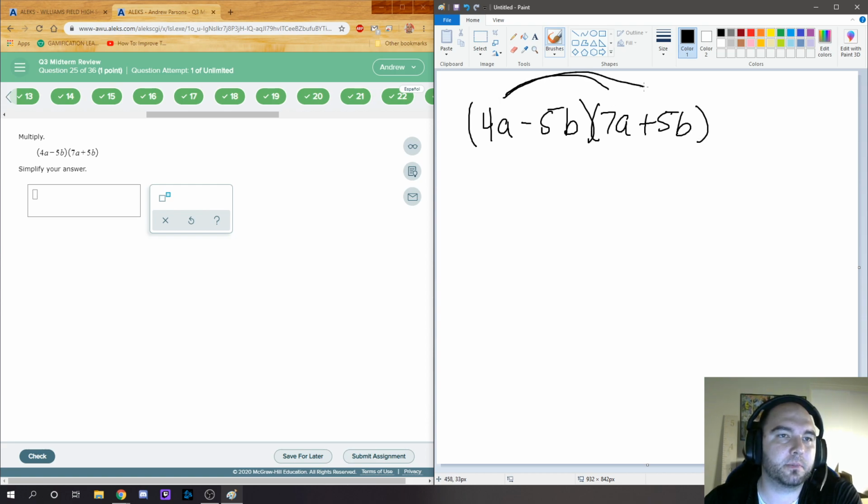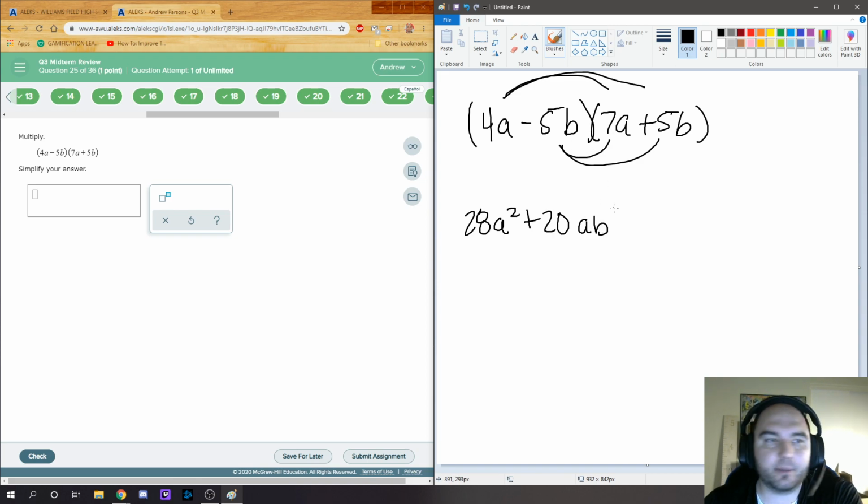I'll go arrows. So I got 4a times 7a, that's 28a squared. I got 4a times 5b, that's positive 20ab. I got negative 5b times 7a, which is negative 35ab. I do realize that it looks like it should become ba, but ba, ab, it's all the same. It's important that you write them the same so you know that they're like terms. And negative 5b and positive 5b make negative 25b